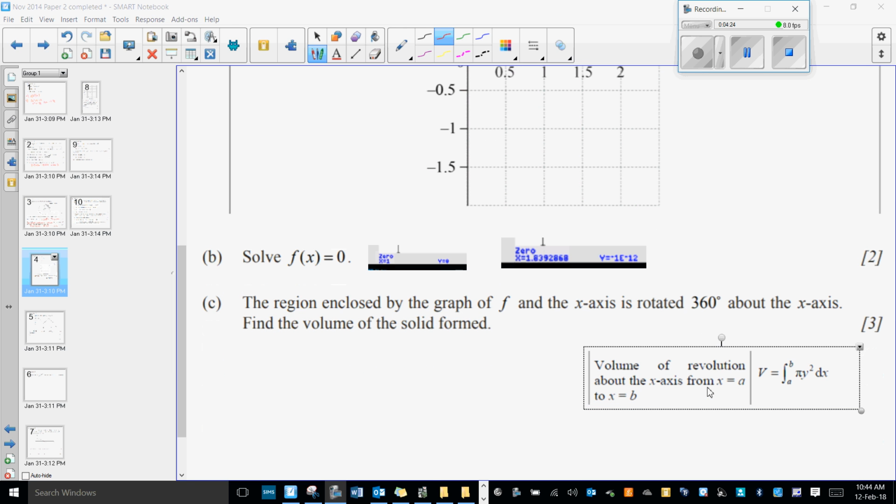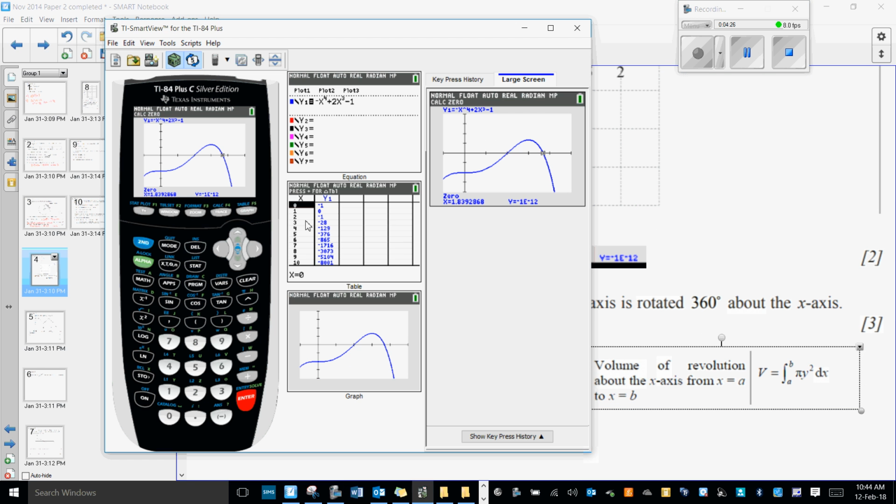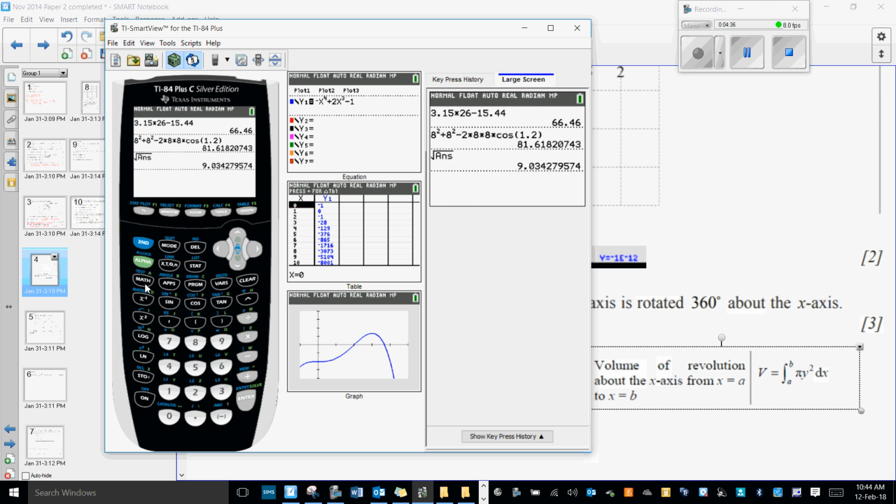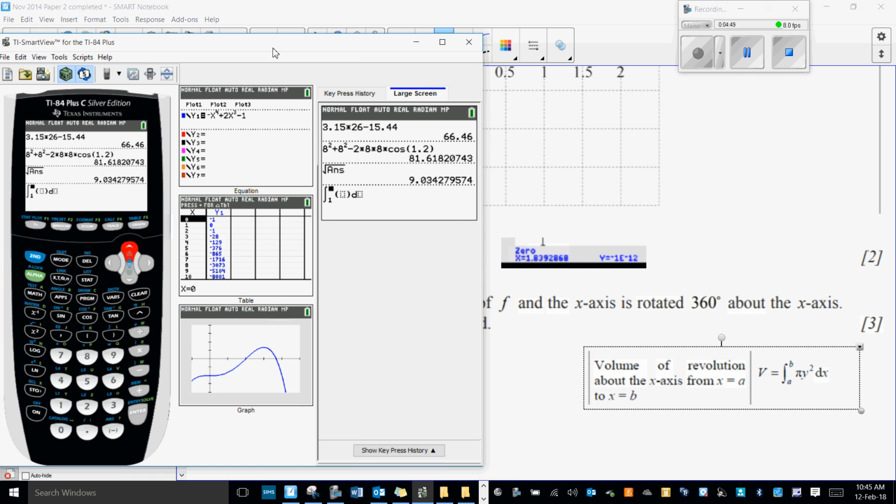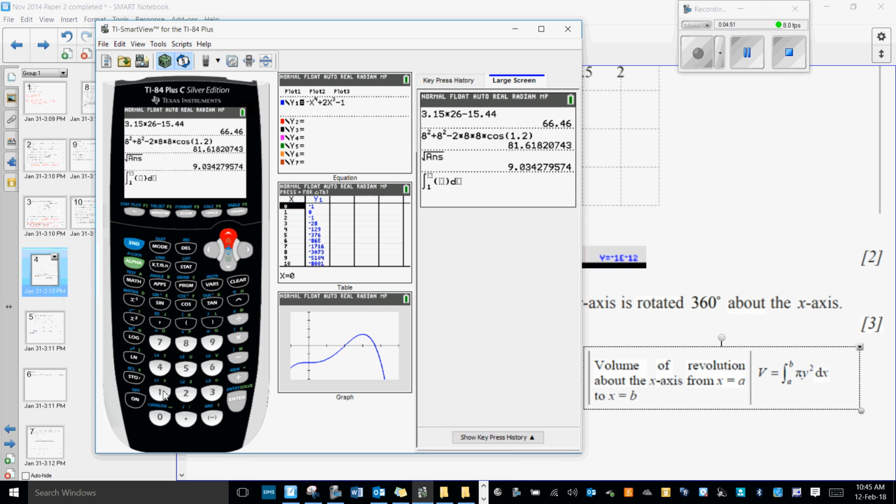We can use the calculator. So our lower limit was 1, our upper limit was, what was it? 1.84. Then we're going to input the